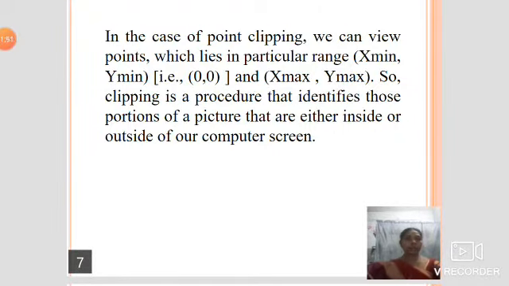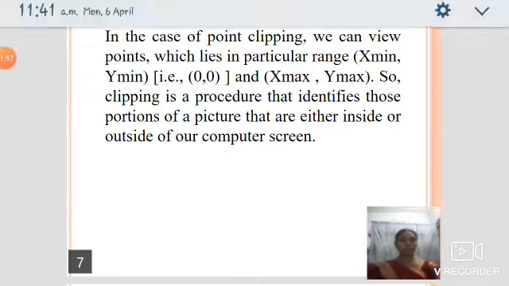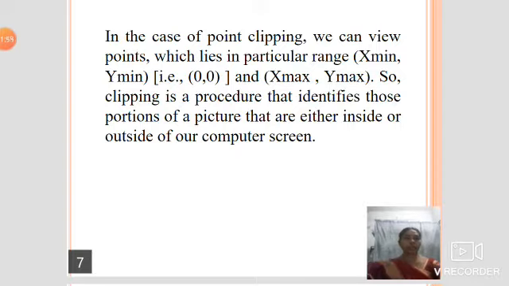In point clipping, we can view the points which lie in particular ranges, that is x minimum and y minimum, that is 0, 0, and x maximum and y maximum. The 0, 0 is the origin of the x and y coordinates. So, clipping is a procedure that identifies those portions of a picture that are either inside or outside our computer screen.